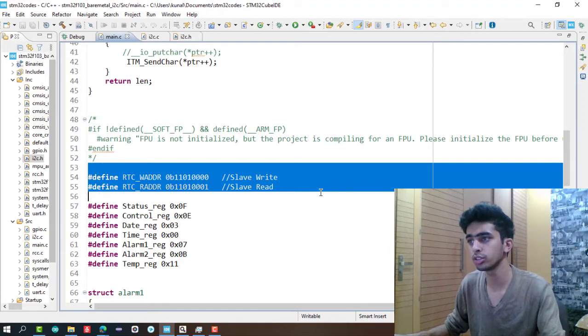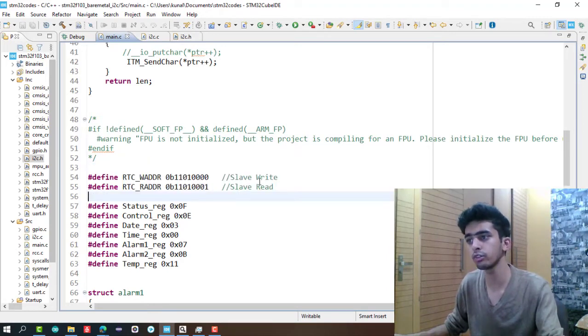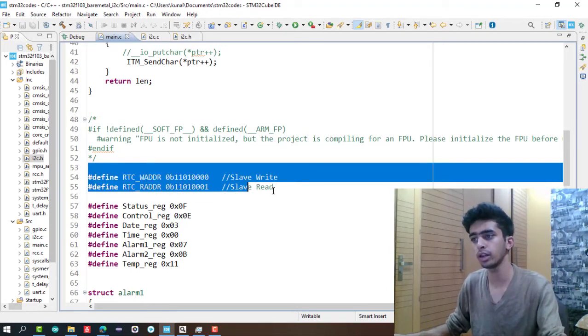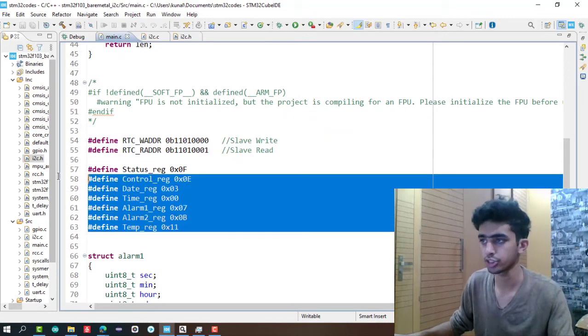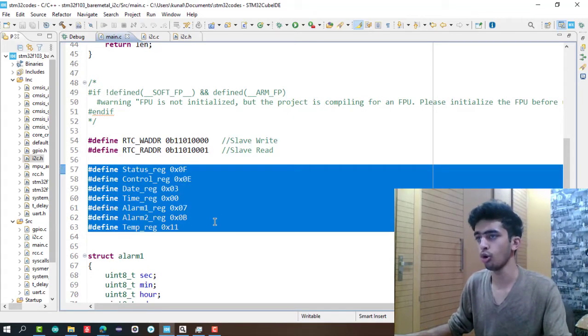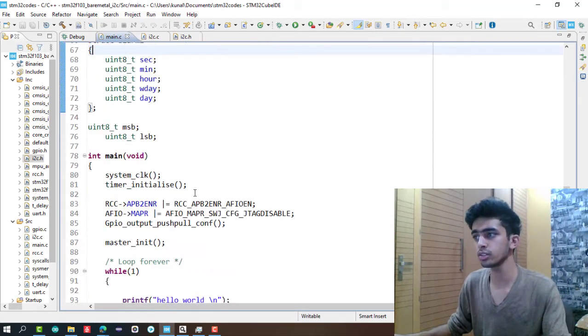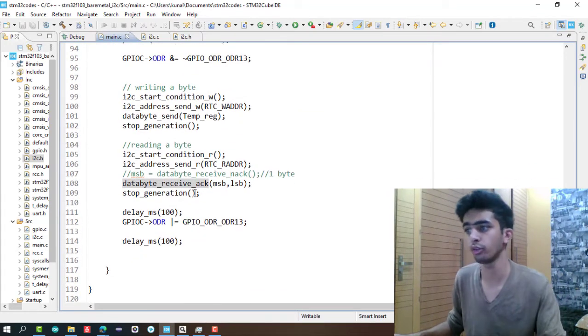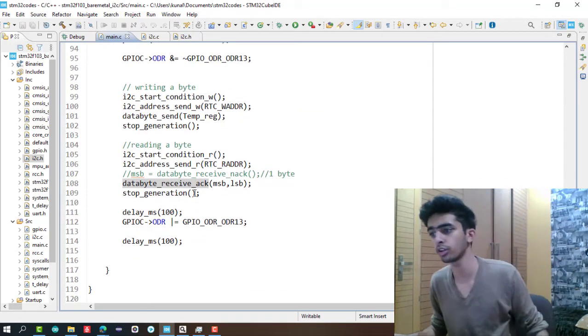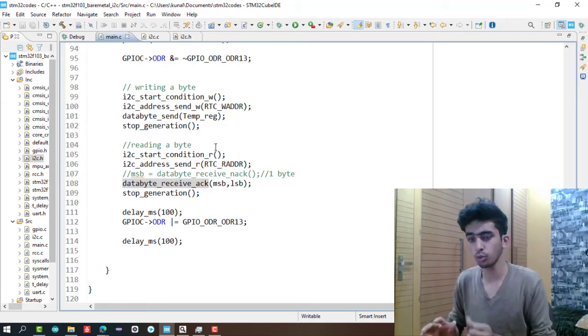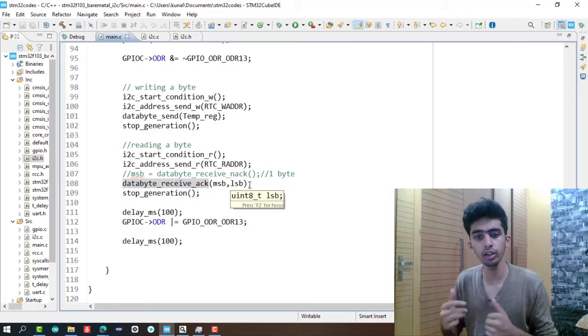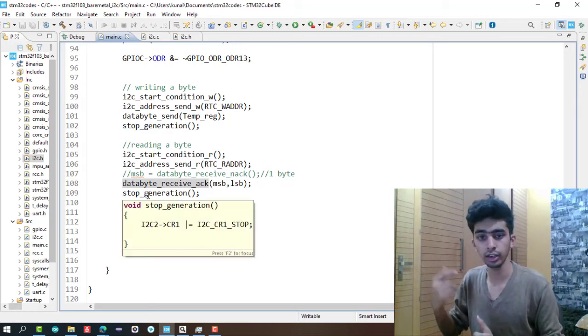So the temperature register gives us the temperature which is on board our RTC3231 module. So I have sent the temperature register, and then I am reading both the MSB and LSB for temperature. So that's all I have to tell you for this I2C peripheral device driver development in our STM32 microcontrollers. This is a very basic one.